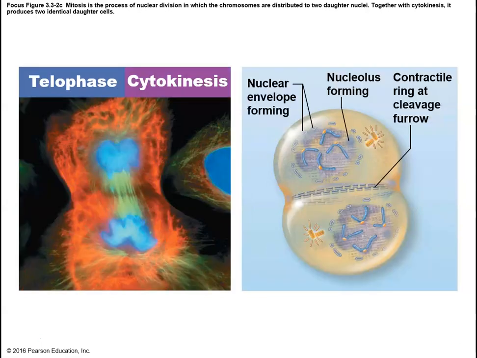In telophase, you take those halves of DNA and you undo prophase. So remember, in prophase, we formed chromosomes and we removed the nuclear envelope. Now these chromosomes are going to start to uncoil, so they're available, because the cell cannot read and use a chromosome when it's all bundled up like that. So we're going to undo the chromosome bundles, and we're also going to reform the nuclear envelope so that we